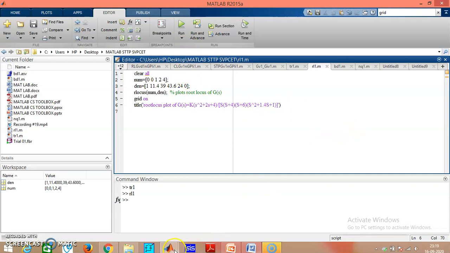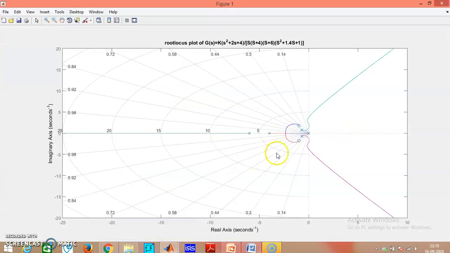After the execution of the program, you will find this image file. Now we know that the highest power of s was 5. It means that there are 5 poles, and in the numerator the highest power of s is 2, so there are two zeros and 5 poles.